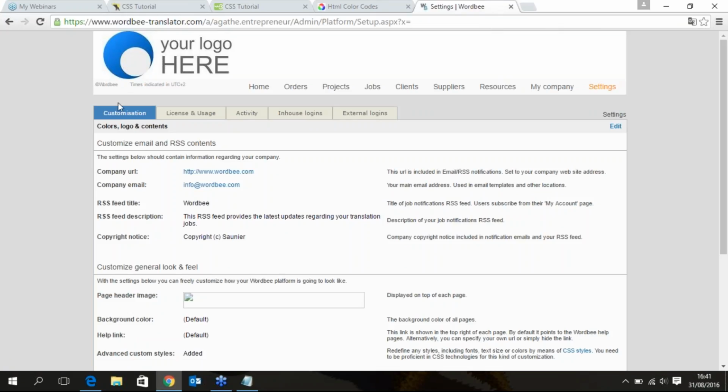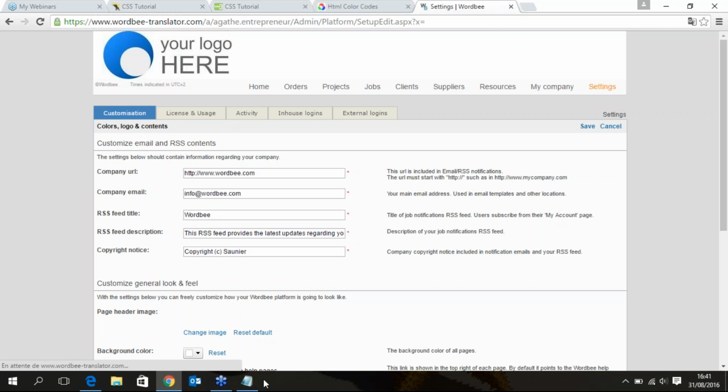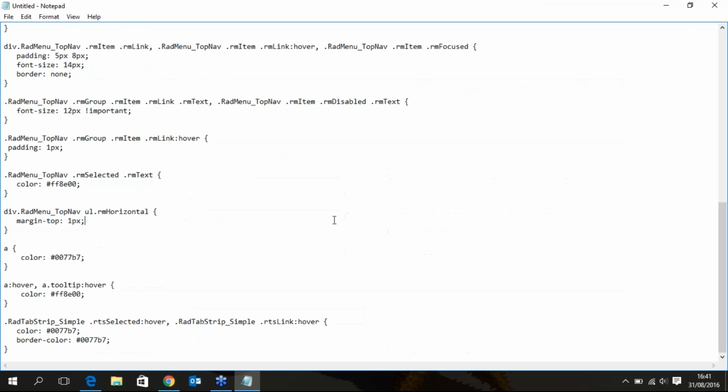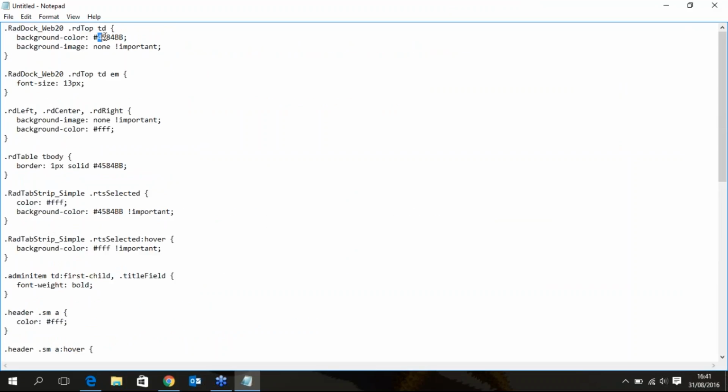Now it's better with my logo, of course, but there is still the problem of the links that we cannot see anymore because they're in white and the background is white, so we cannot see them unless we pass our mouse over them. So we need to modify the CSS again. Let's get back to our notepad page. If we want the links at the upper right hand corner to be the same color as the blue of our tabs, we just copy the blue code again, Control-C, and we paste it under